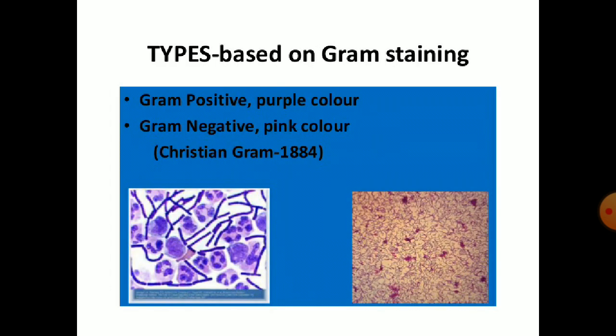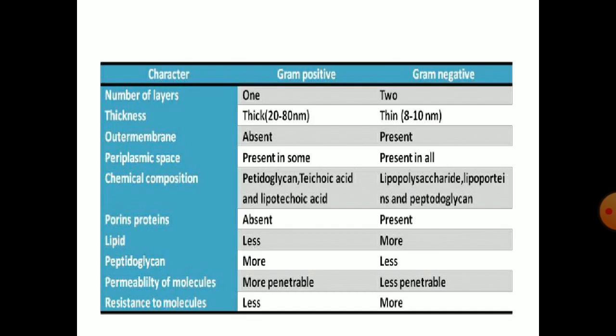Types of cell wall are based on Gram staining. So we have two types of cell wall: the gram positive cell wall and the gram negative cell wall. The color of gram positive cells is purple and gram negative is pink. This was composed by Christian Gram in 1884. These are the characters of the gram positive and gram negative